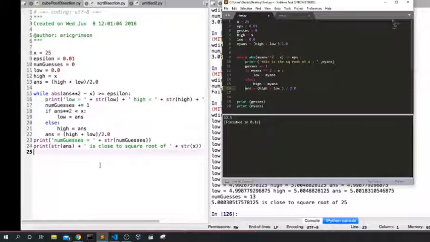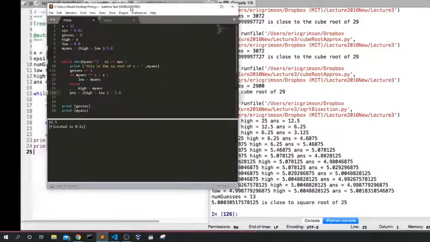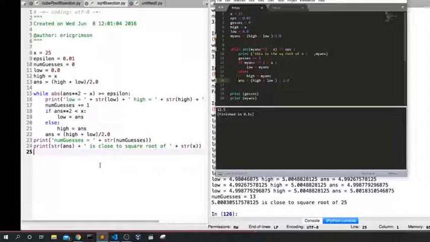It's just not looping. Why is it not looping? I don't know.